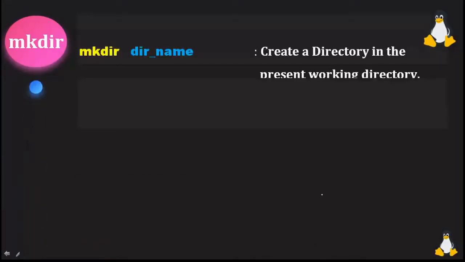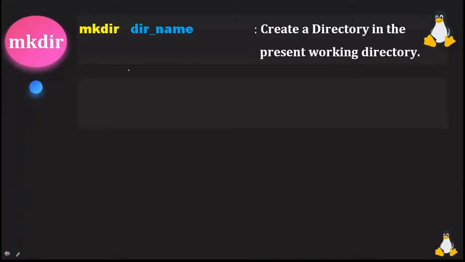So in this way, a directory will be created inside your terminal, inside your operating system. Now let's understand the different options of the mkdir command. As we have understood earlier, mkdir space dir name, that is directory name, is used to create a directory in the present working directory. And if you need to create a directory inside some other directory, first you have to change the directory, and for that you will be using the cd command. With cd space, then the name of the new directory, and after switching into this directory, we can use the same command to create a directory inside that directory.